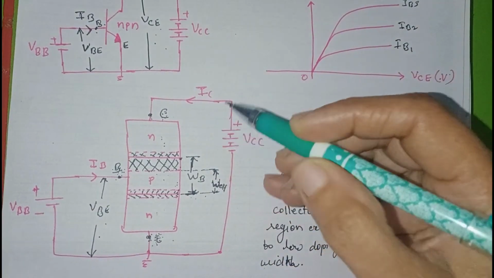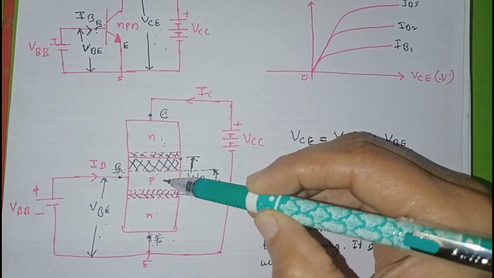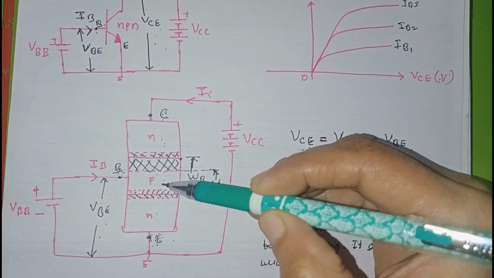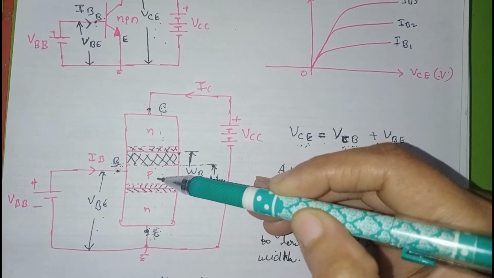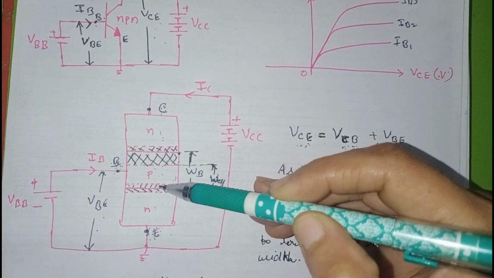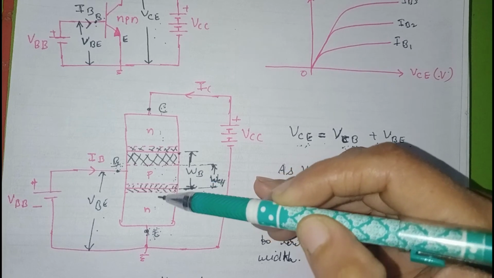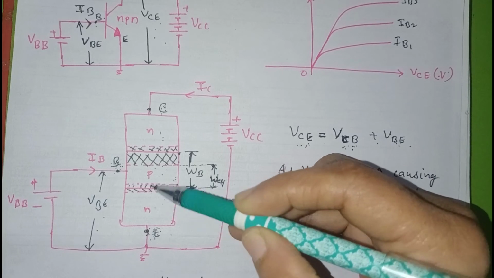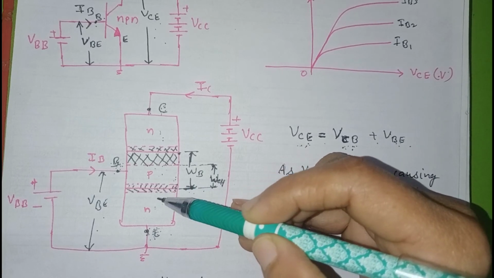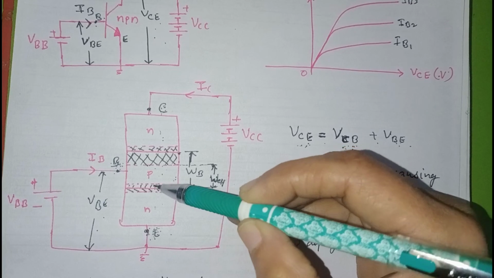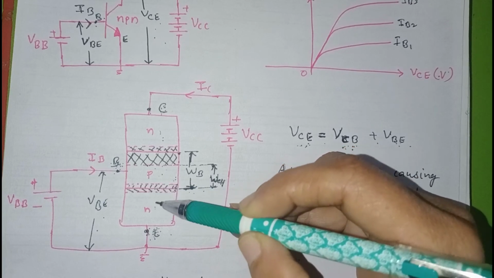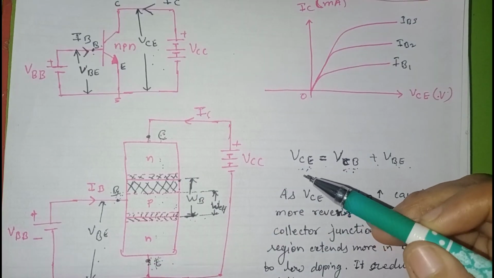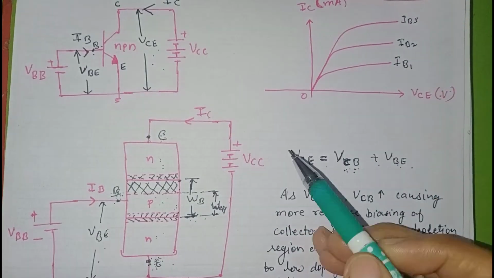The second effect is that, as the base region is reduced, the charge gradient in this region is increased. So more holes, the minority charge carriers, cross this junction and increase the minority charge carrier current. This is also called the reverse saturation current, or current due to minority charge carriers, and it is highly dependent on temperature. Both these factors increase the current IC.